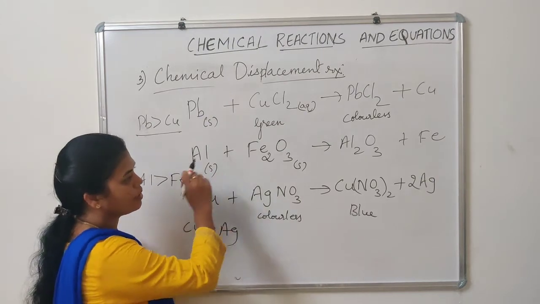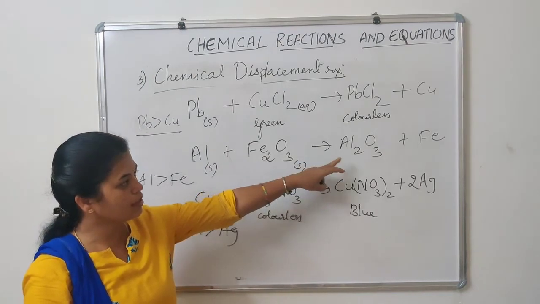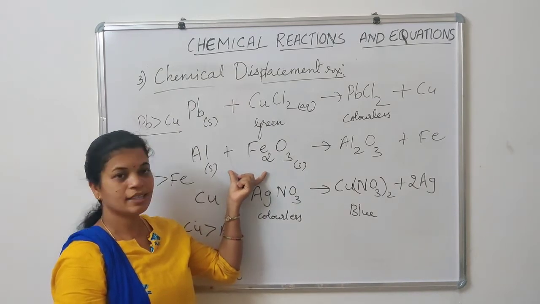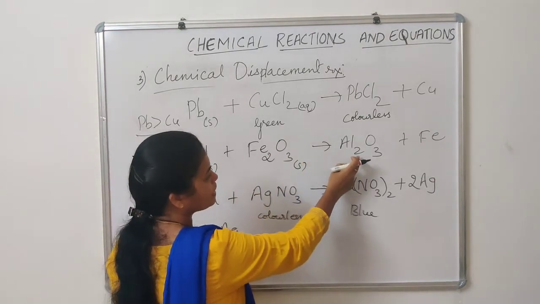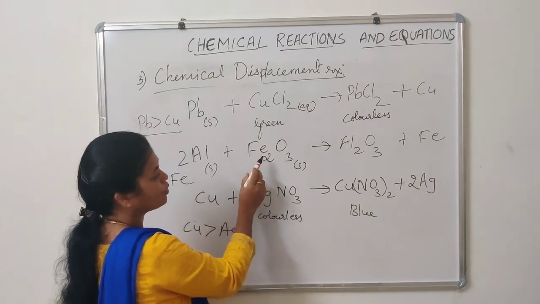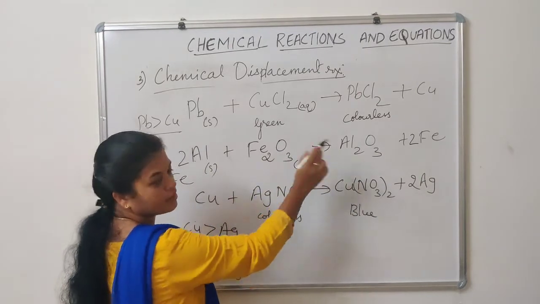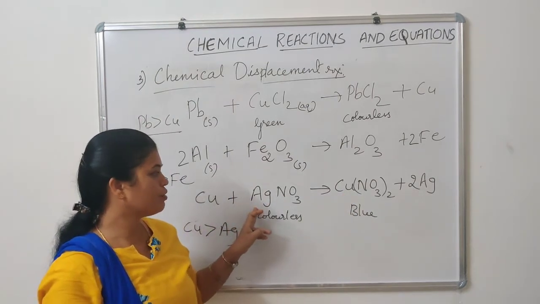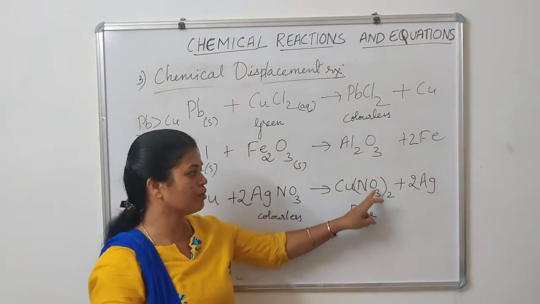Hello children, here I did not balance it. Now try to balance this equation: Al plus Fe2O3 gives rise to Al2O3. Try it out, it is unbalanced. Make it balanced now. You can see that there is only one Al, and here how many are there? Al2. Make it 2Al. And how many iron are there? Fe2. And here only one. Make it 2. And then oxygen atoms 3. It is balanced. And Cu 1, here Ag, 2Ag, and NO3 twice, so Cu(NO3)2.